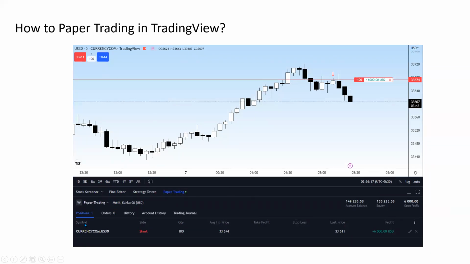So every position, your history, all your trading, like some people don't have a habit to maintain a journal for their trades. But for paper trading, the software will automatically do it for you, so that you can test any indicator, any strategy on paper trading mode. People will say paper trading you should not do, it will not trigger your emotions, but there is no other way to check a system or a strategy. You have to do paper trading.